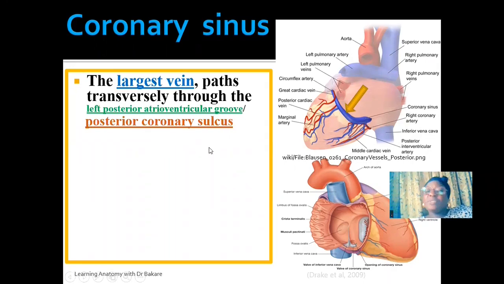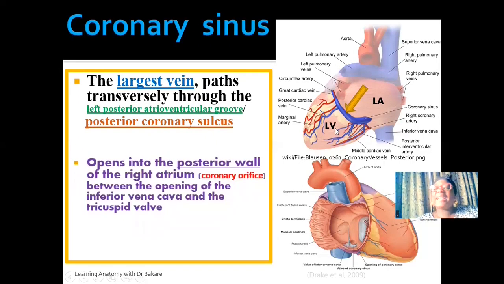sulcus. The left posterior atrioventricular groove is also referred to as the posterior coronary sulcus because it allows for the passage of the coronary sinus. This groove is created to allow for the passage of the coronary sinus, and that is why it is also referred to as the posterior coronary sulcus. And finally, as it runs around this space, you see that it is directed into the posterior wall of the